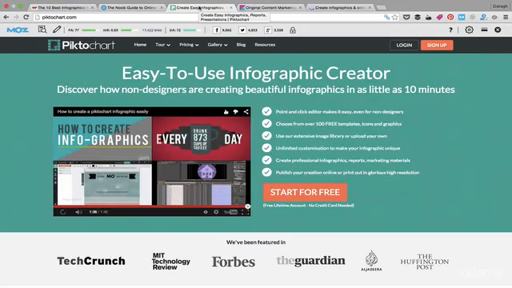So let's have a look at how can you make these infographics yourself then. What I'm going to show you here is a couple of online tools that you can use for free, and essentially they're like drag and drop. So they have templates, and you can just drop in your images, drop in your text, and create infographics very quickly. You can also then generate that embed code that other people can put into their site. So I think I'll just direct you to maybe watch this video. Piktochart is one of my favorite ones, gives a very good explanation over how it works, but Piktochart is a great option. Another option is